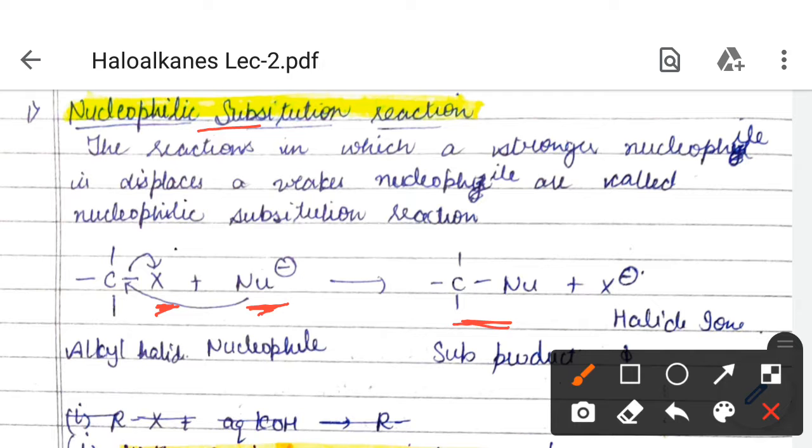So haloalkanes undergo nucleophilic substitution reactions as the nucleophile attacks and replaces the halogen already present. There are a large number of nucleophiles which can replace the halogen. We have 12 to 13 reactions in which the nucleophile may be OH, it may be CN, there are a lot of nucleophiles, NO2, ONO2, all can replace halogen. This we take up as